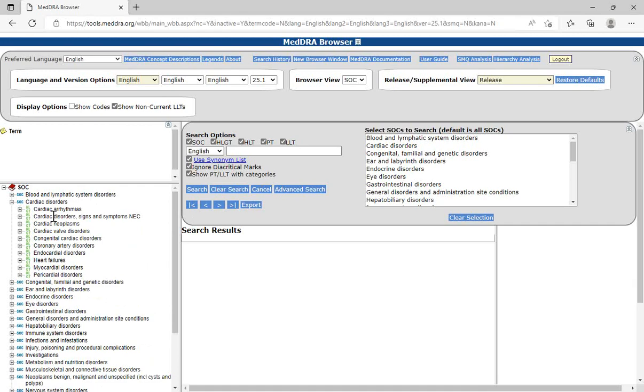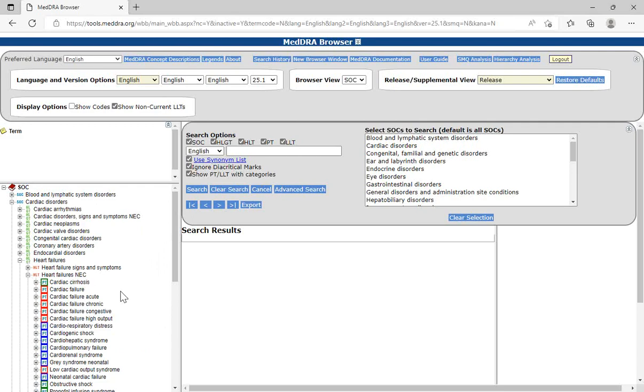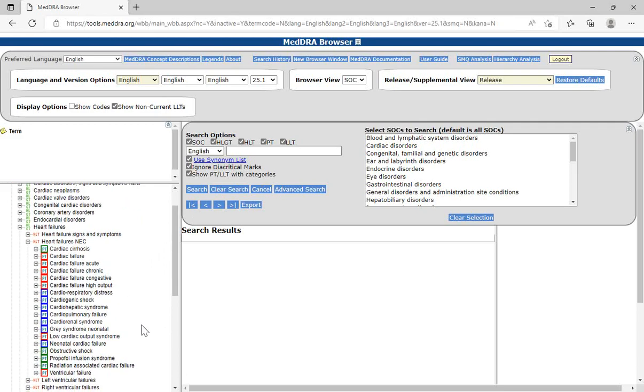Then I'm going to see which HLGT might be most familiar or pertain to what I was seeing in my verbatim string. Congestive heart failure. There's an HLGT dedicated to heart failures. Perhaps it's that one. Okay. When I further drill down under HLGTs, we see various HLTs, which is the next level down in the MedDRA hierarchy. Here I'm going to look for, let's see, it's not really a sign and symptom. They said it's a worsening congestive heart failure. They didn't say it's left or right. So let me look in the broad HLT of heart failures NEC. And there I see these various PTs.